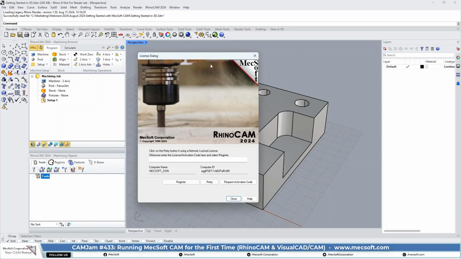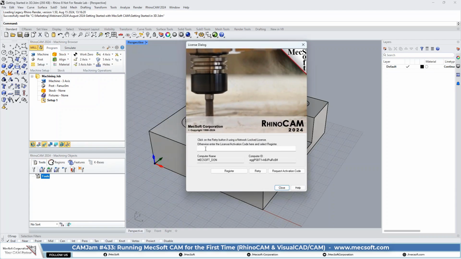NFR, capital NFR, underscore 3629, underscore example, underscore customer. Example? All caps? All caps. Underscore what? Customer. Caps? Yes, sir.